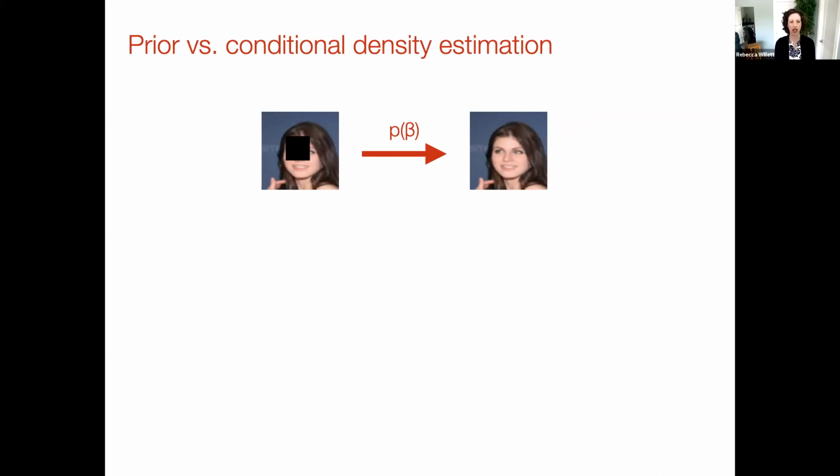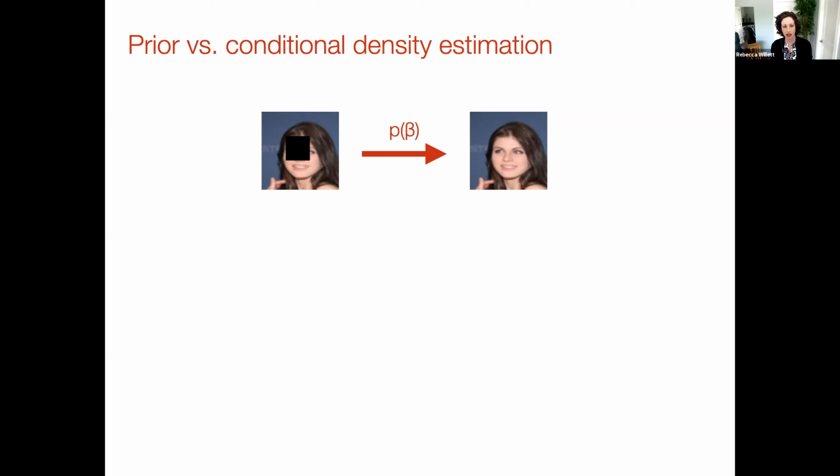Okay, so let's think about why some of these decoupled approaches might be ineffective or problematic. The way we're thinking about generating these regularizers and using them, under the hood or implicitly, corresponds to trying to use our training data to learn some distribution over the space of images, some prior, if you will, P of beta. And once we know that prior, then we can combine it with the data likelihood, say our squared error data fit term, in order to come up with an estimate that's a good fit to the data and conforms to our prior.